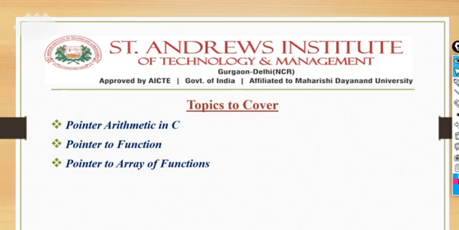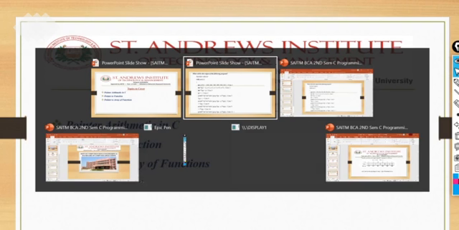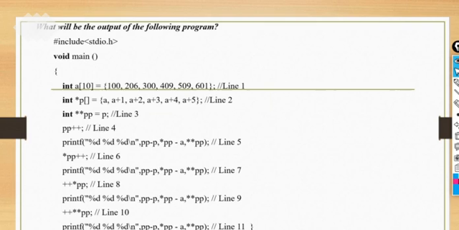Before starting with these things, I want to give you a short summary of the program that I gave you in the last lecture as an assignment. It's important to understand this particular program in order to get a better understanding of pointers. So first, let's discuss that program, your assignment task. After that, we will continue with these topics. This was the program that I gave you as an assignment task, right?